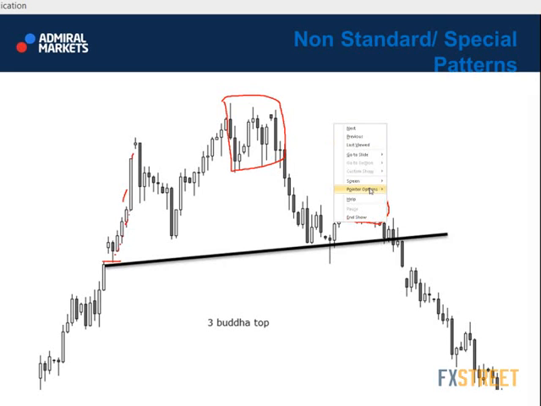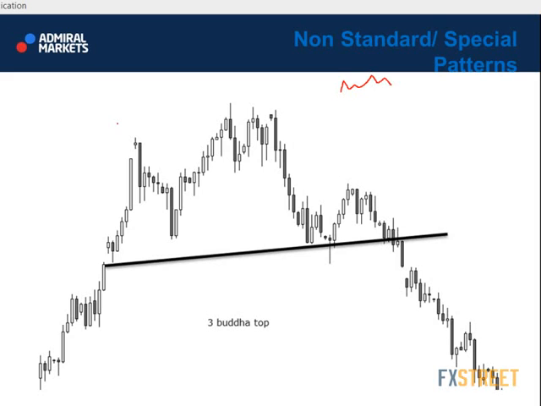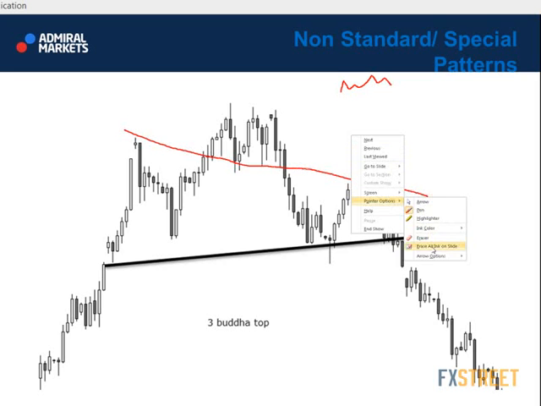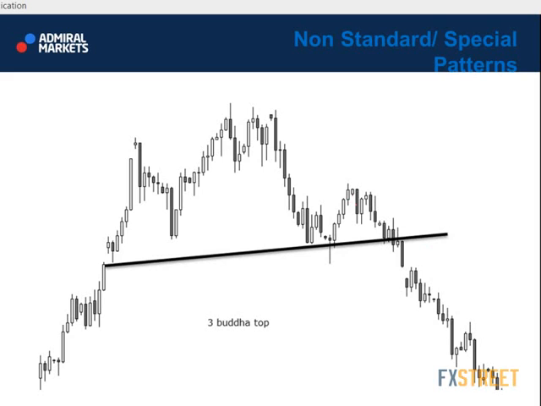Okay? You can classify this as a sort of head and shoulders. But this is called 3 Buddha top. The third rally to the downside is always lower than the head. So it should never be up at the head. It's always lower than the head. And you can even put some form of inner trend line here. But the characteristic of 3 Buddha top is the right shoulder is below the head, and you can see some consolidation at the head, and very often at the right